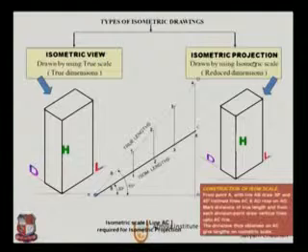And in isometric projection, we have to take the lengths from here, and hence it is reduced size. So we can see in the picture that the size in isometric view is actual size, while the size in the isometric projection looks reduced. So this is the basic difference between the isometric view and isometric projection. Let us move further,